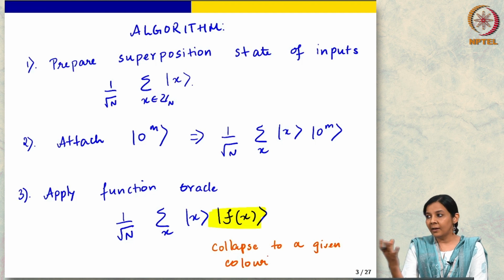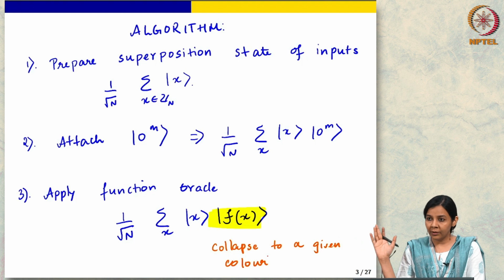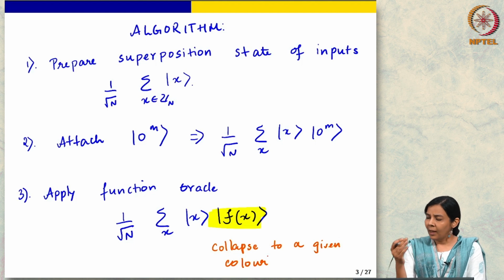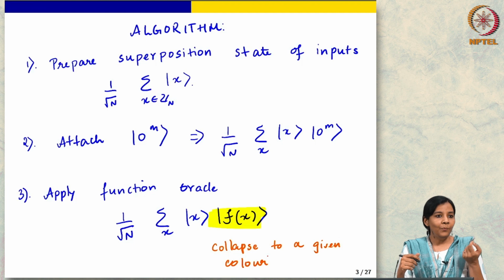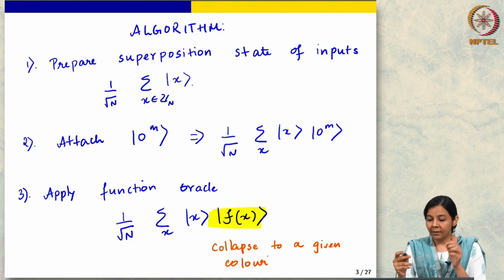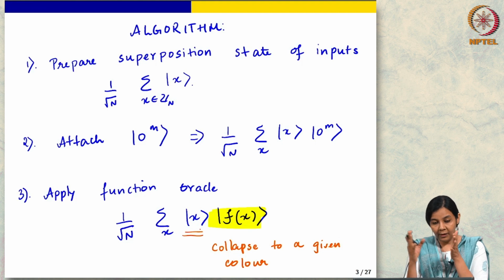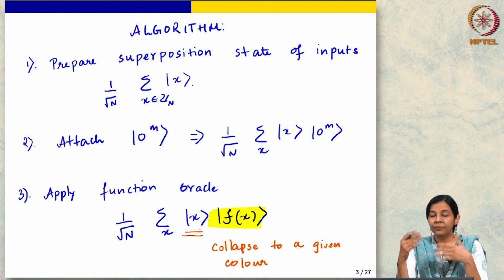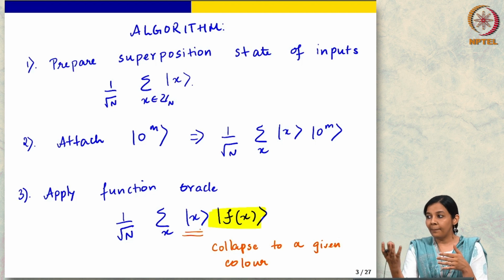If there are however many colors, red, blue, green, orange, whatever they are, when I do this measurement, I collapse to one fixed color, any one of them at random. And what we discussed was that this input register x will now collapse to a superposition of all values that map to this